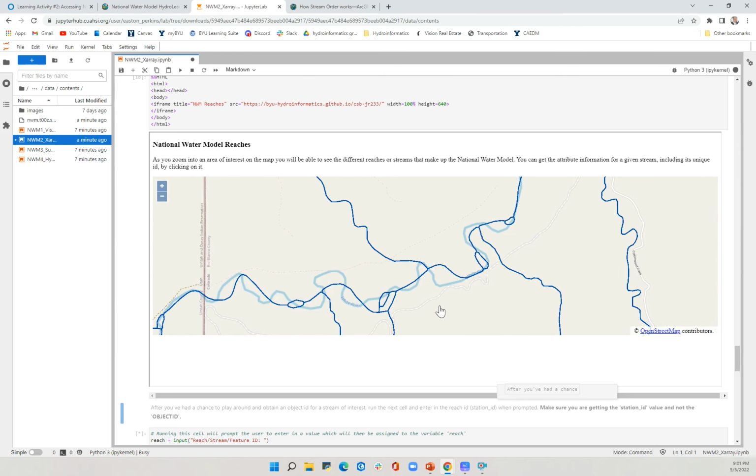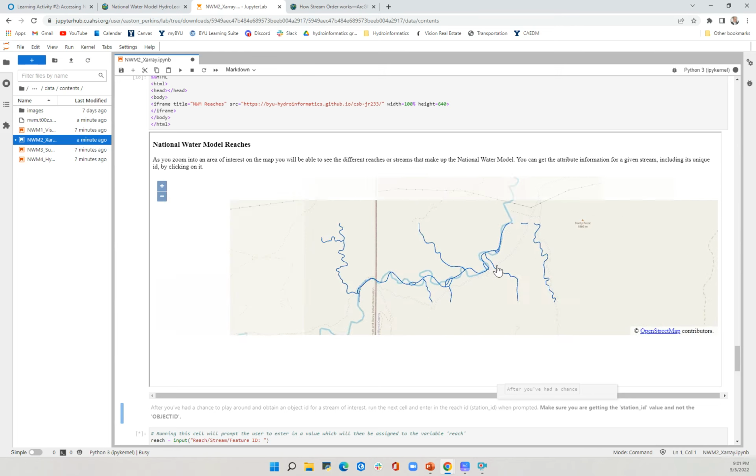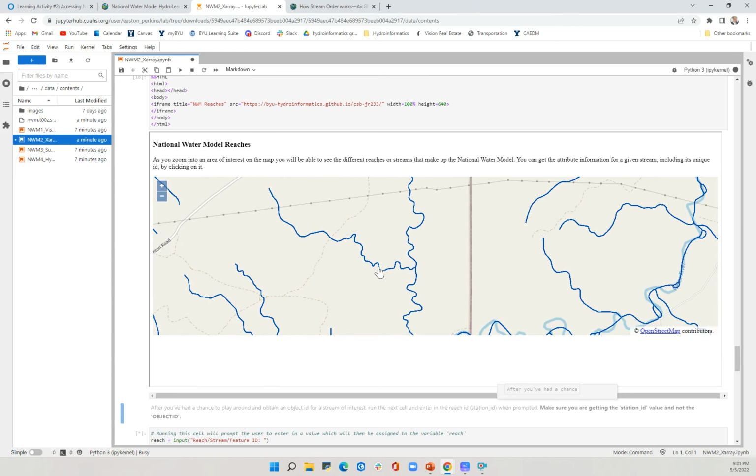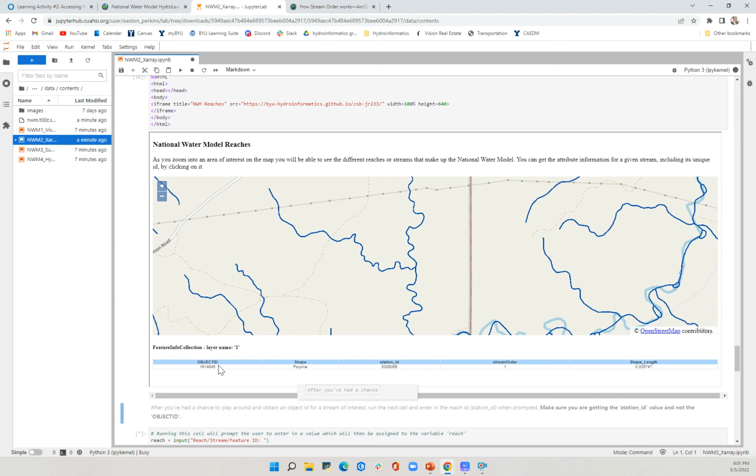All right, so the trick to this is finding a good example. Ooh, here's one. Okay, so let's click on this one. And we see down here pops up all the information on it. So it has its object ID or reach ID. It's known by stream ID. Lots of different names for it, but that's there. It's a polyline, of course, station ID. But this is what we want. This is a stream of the order